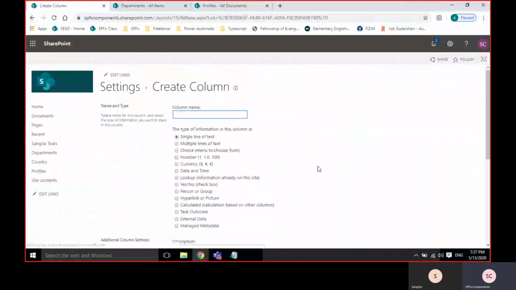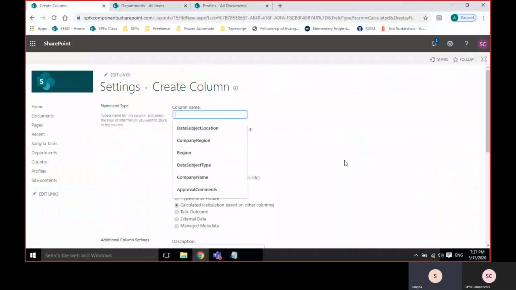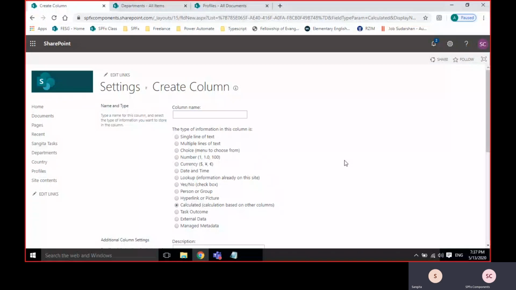The next one is calculated column. One more thing I want to know: whenever we create that column, should it be in a classic version?